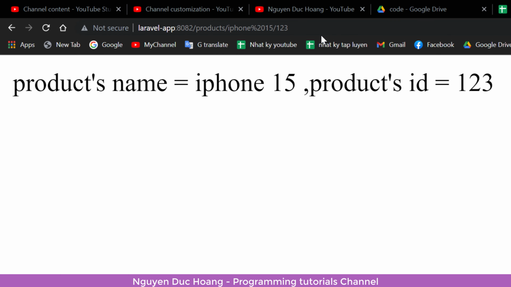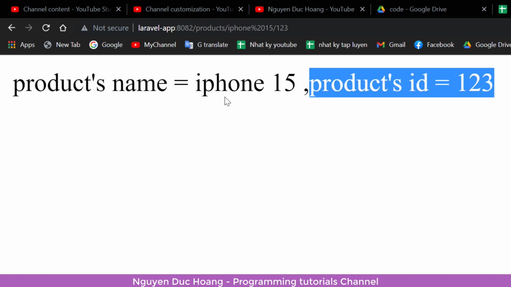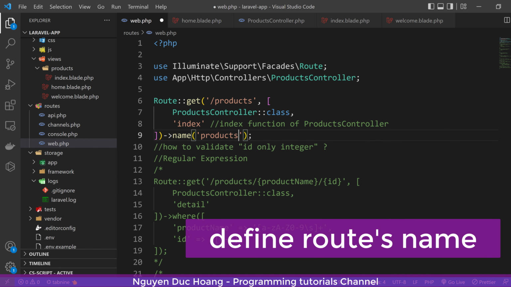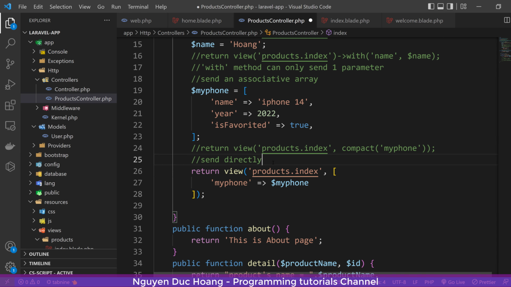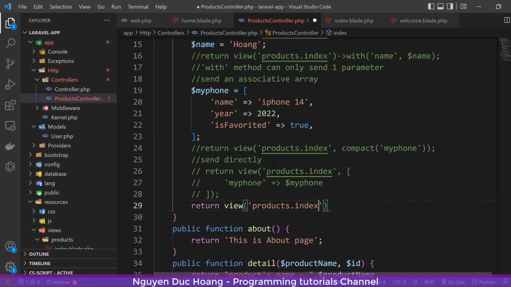Okay, so now open it. You can access the link like here, and I can see the output, product ID and product name like this. So you can also define the router name by a specific name for the router. It is convenient when you work with multiple routers. So now we return to